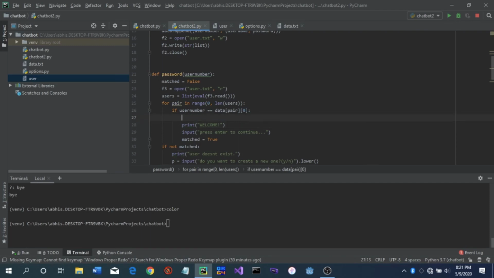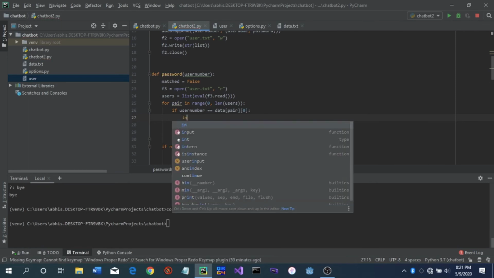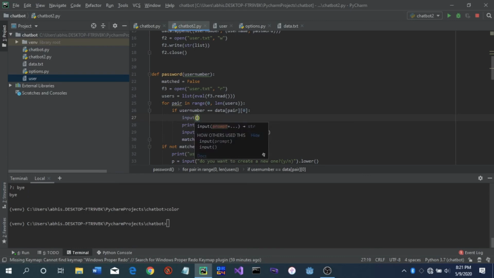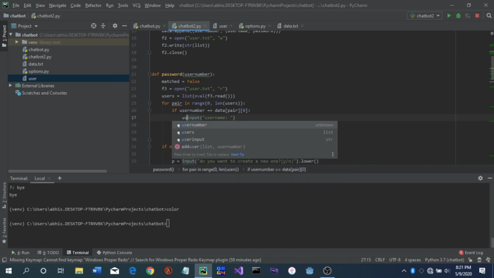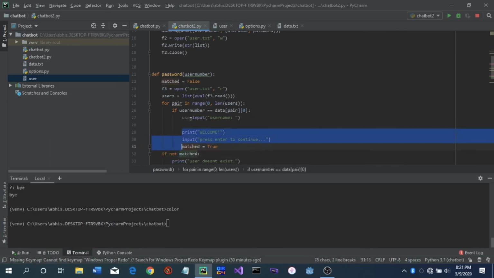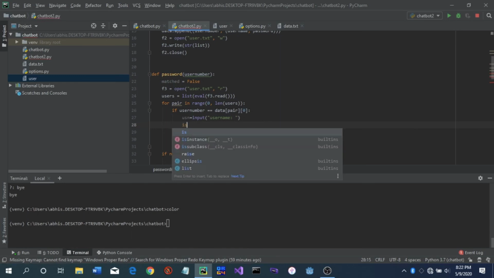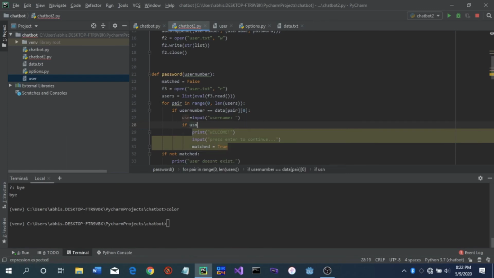We have to do input username and save that as USN, right? USN equals input username. Then bring this all one step down and tab it and put if USN is equivalent to